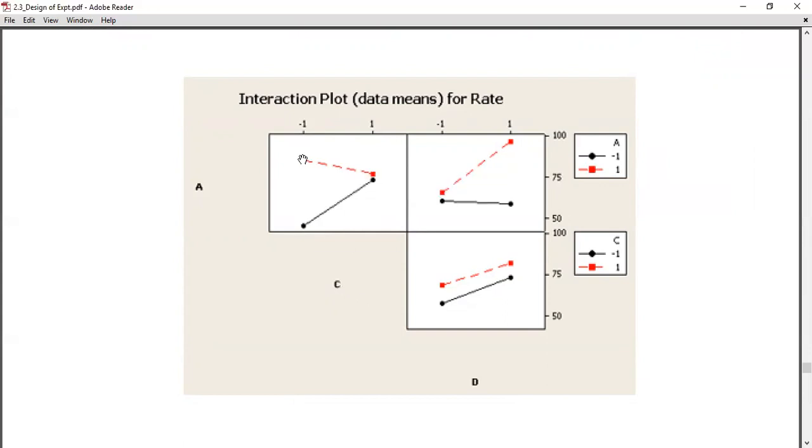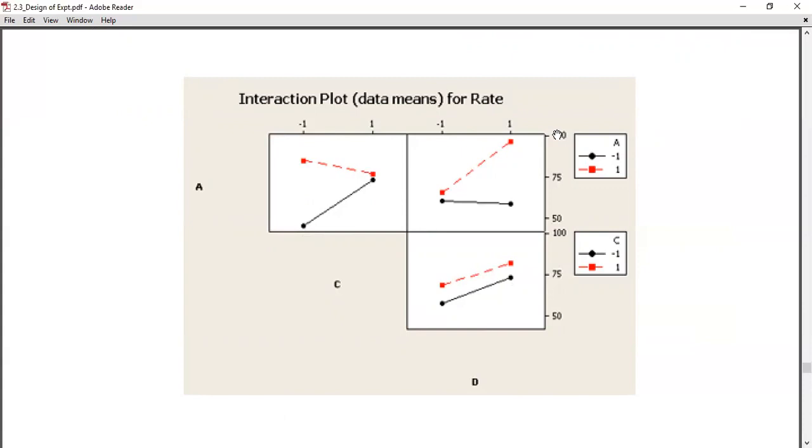How? At this particular point, just an example I'm giving you here, C is -1, it is a red square, so A is +1. This is the combination of C as -1 and A as +1. Similarly, for this black one, this point here, C is +1, and it is a black circle, so A is -1. So this graph is A versus C, this graph is A versus D, and this graph is C versus D.